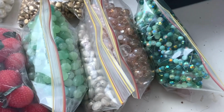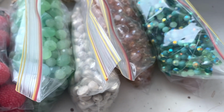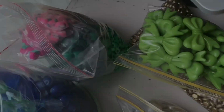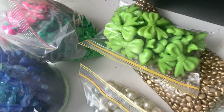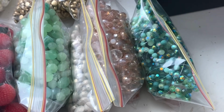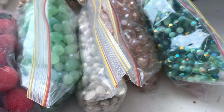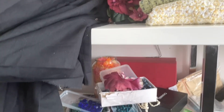And obviously those tiny faceted oval beads that are pale gold or oatmeal. I guess they look like oatmeal. They're the same. And I've also got some jade beads. And then I also want to do, because I couldn't decide if I wanted to do a garish ugly sweater sort of thing or a really beautiful classic one, so I've decided I'm going to do two. So this is the classic one and the other lots are for the